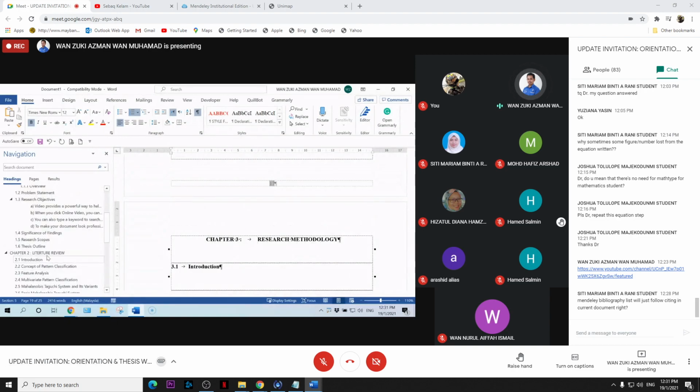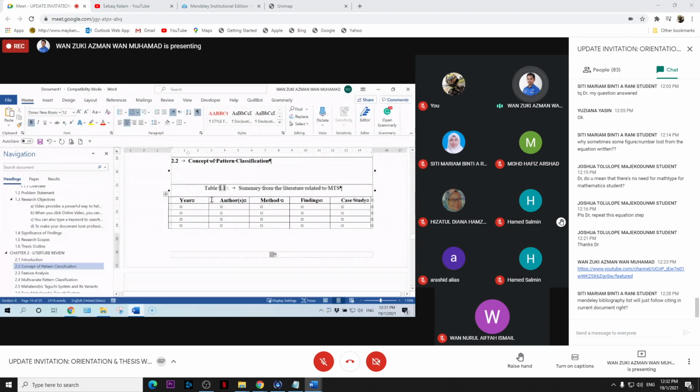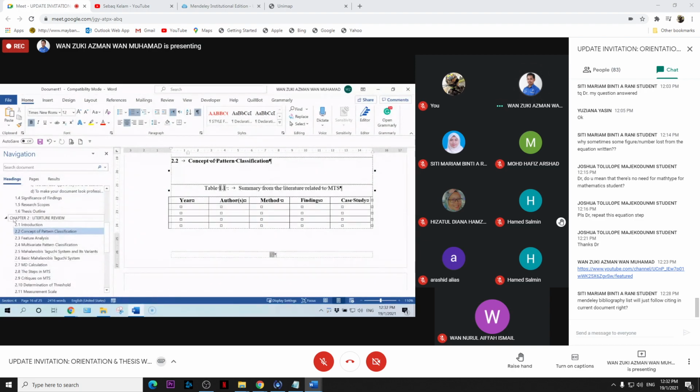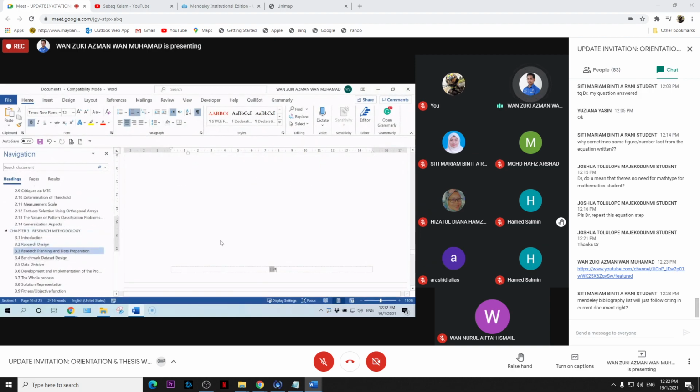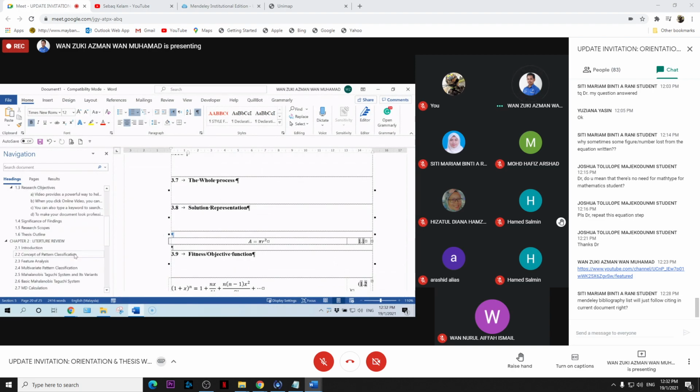When you go to chapter 2, you notice the table is still 1.1. In chapter 3, the equation number is still 1.1, but it is supposed to be 3.1. So you need to update this. I will give you another technique.